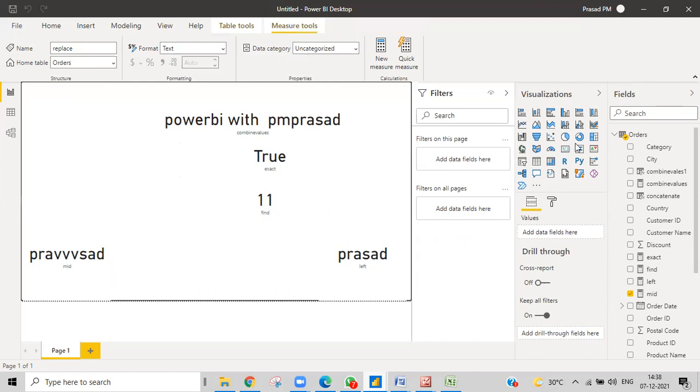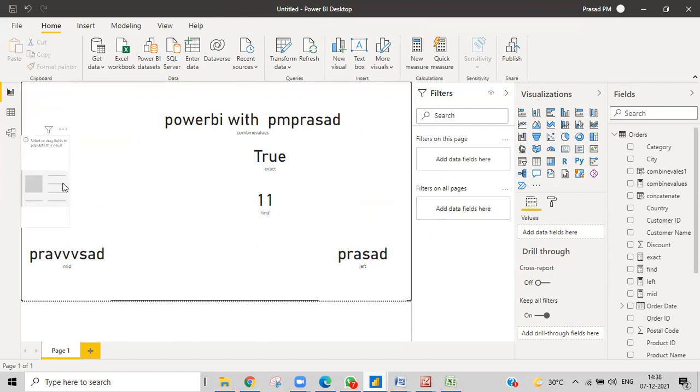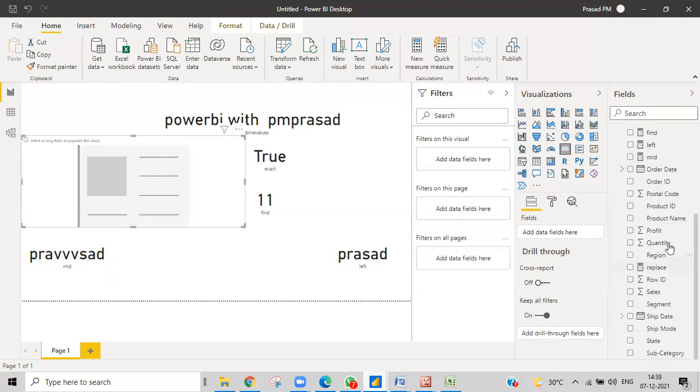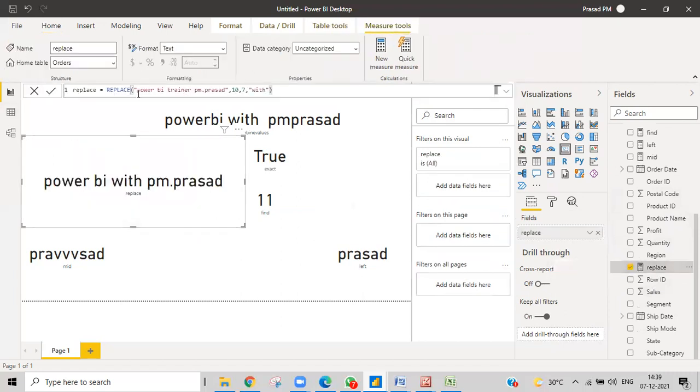Let's check how it looks. Let's take a cell and place it over here. My text is Power BI trainer, Power BI trainer PM Prasad.